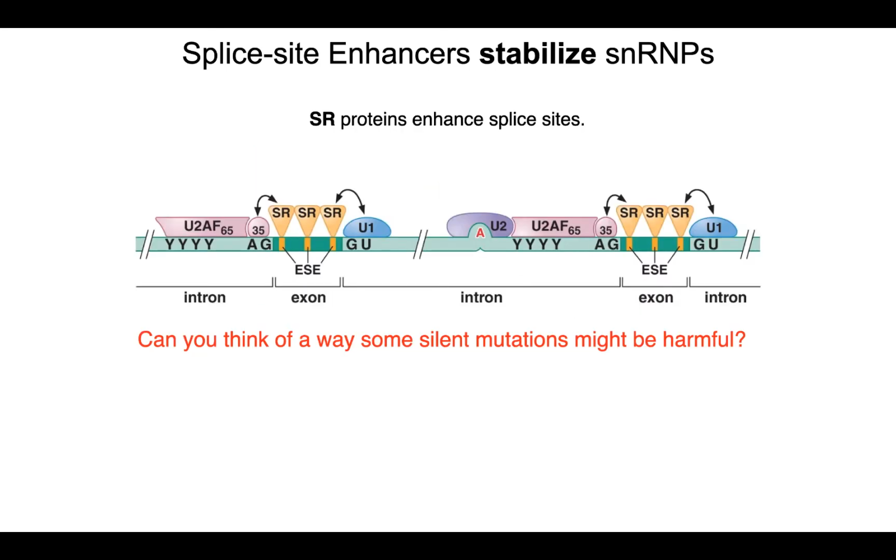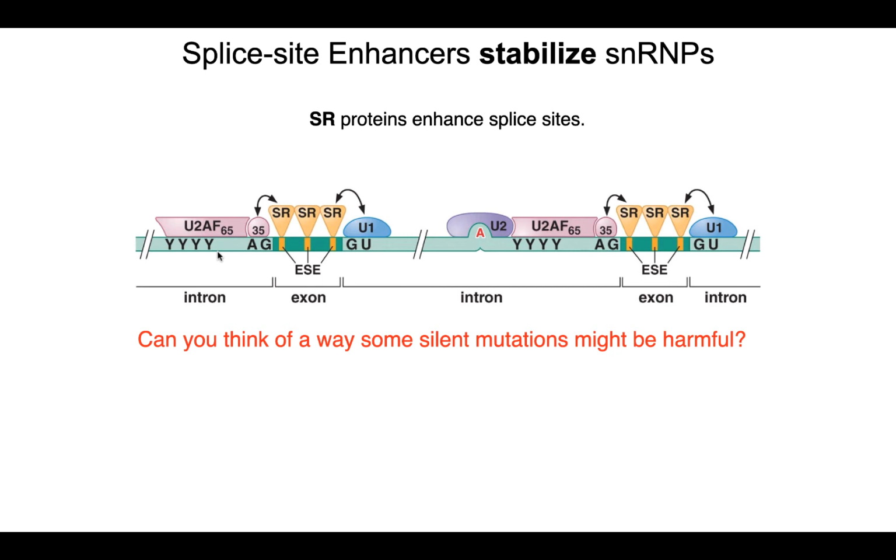Furthermore, there are sequences that are splice site enhancers, and there are proteins that bind to those enhancers and help the spliceosome recognize and bind to the introns and exons. So these SR proteins bind to these splice site enhancers and then recruit U1 to bind to the 5' splice site. They recruit U2 to bind to the branch point. So they're going to make sure that each one of those introns is spliced out and that the exon is going to stay